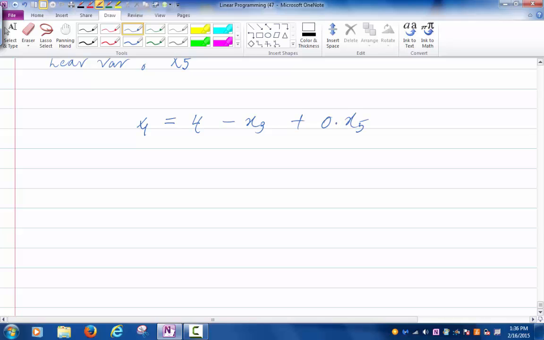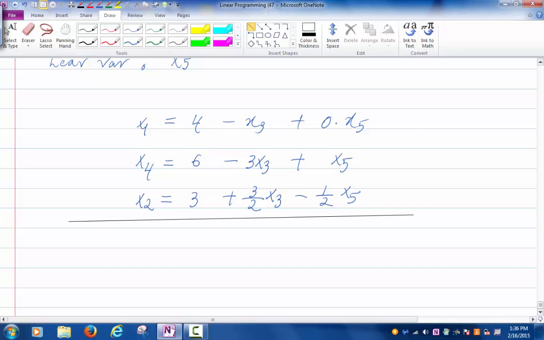Remember, x5 is going to take the place of x2. x4 would be 6 minus 3x3 plus x5, and x2 is 3 plus 3 half x3 minus half x5. And then I have the objective row,